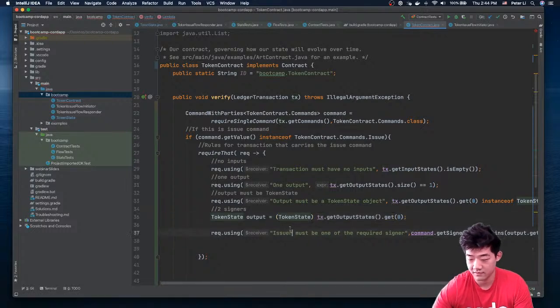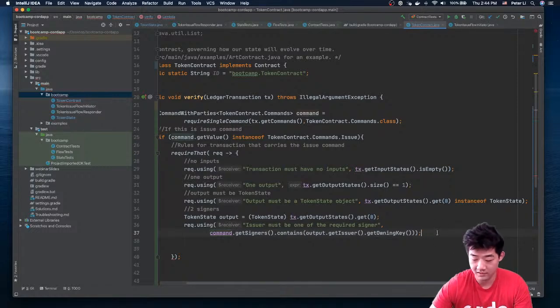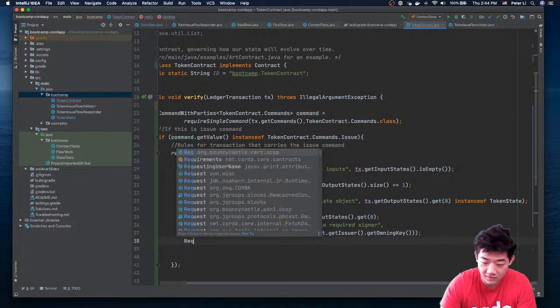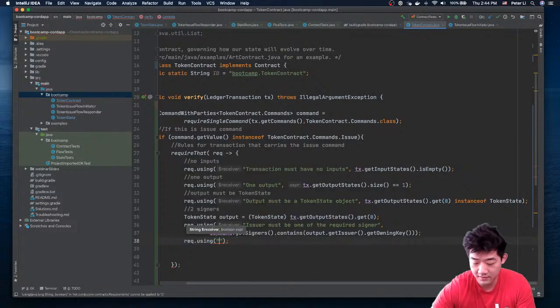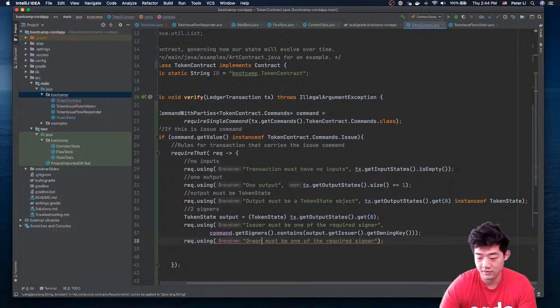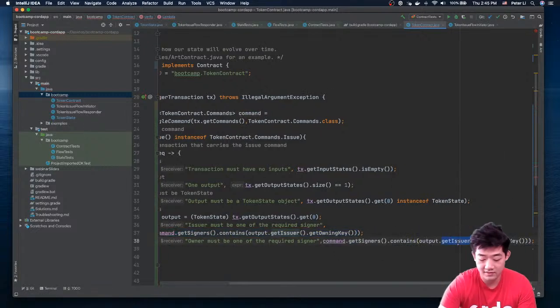Token state, yeah, cool. And then I'm gonna do the same, because it's 2 signers. We want to check both signers, right? Just gonna copy paste this to save the time. Owner must be one of the required signers, and it is exactly the same thing. Let's copy paste this and then change this to get